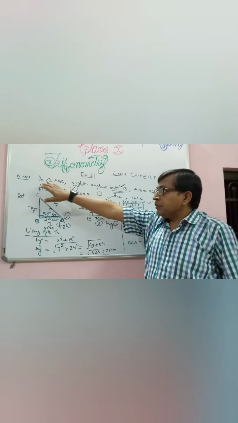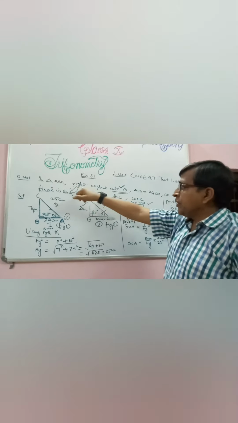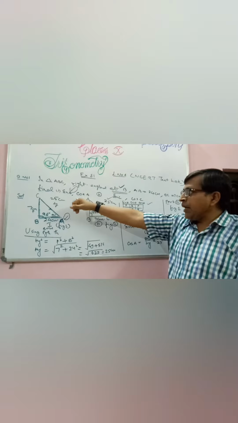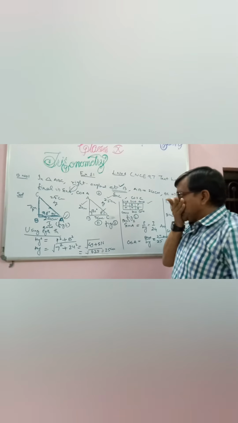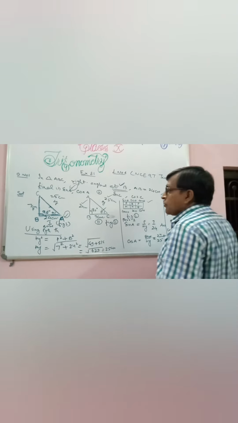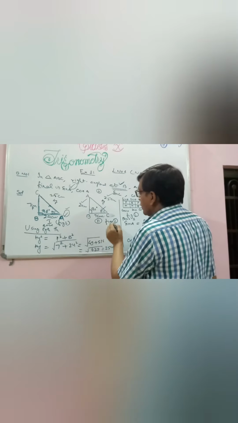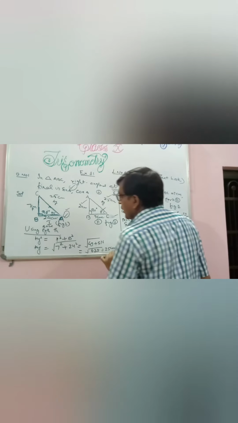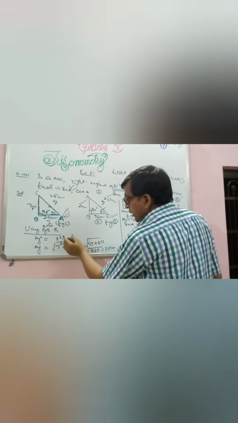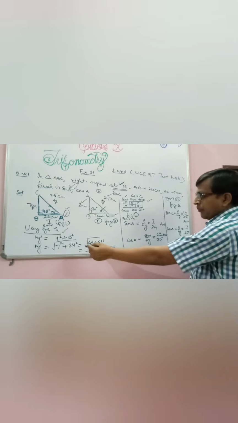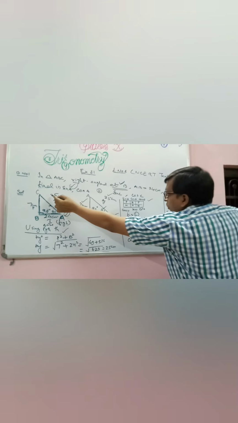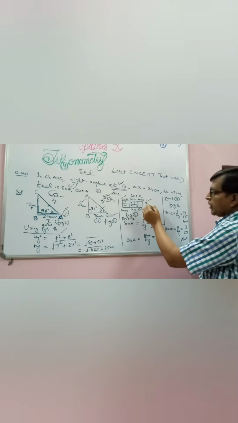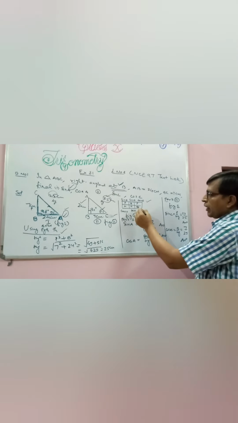Once again I explain. In triangle ABC, right angle at B, AB equal 24 cm, BC 7, find sin A, cos A, sin C, cos C, using figure 1 and figure second. First you make figure 1, then figure second. 24, 7, and the third side, hypotenuse, we find using the Pythagoras theorem: 25. Then we put 25 here. This is very important. After that we make the table: sin theta, cos theta, tan theta, pad, beta, pad, hard, book.